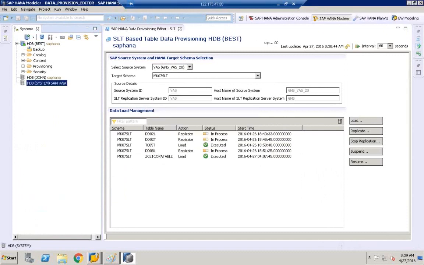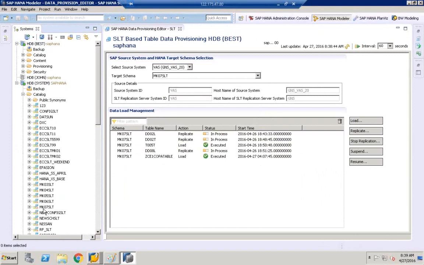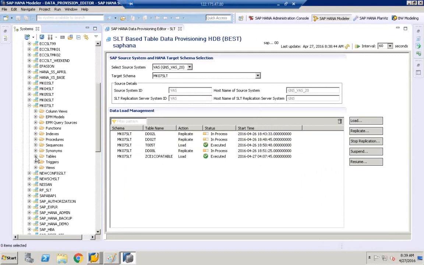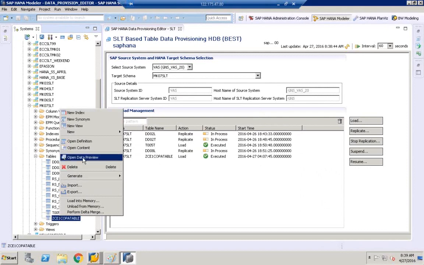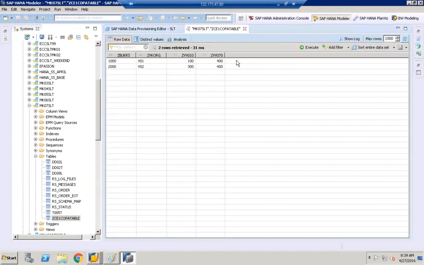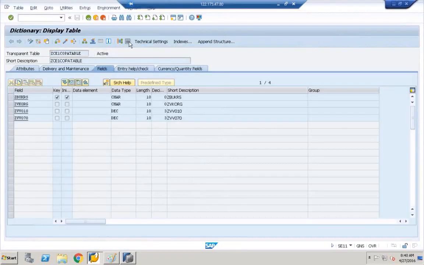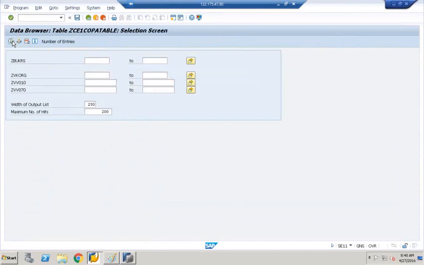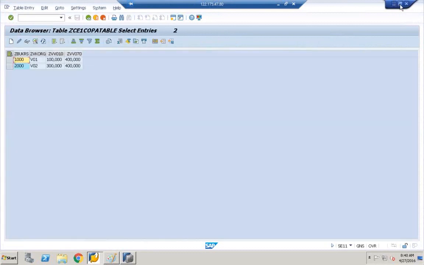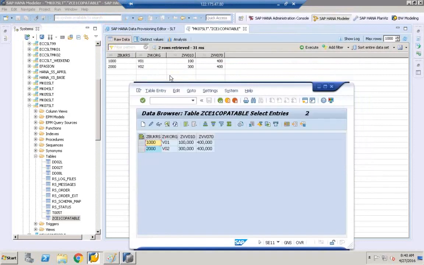Meanwhile, I'll log into the system. I'll go to the same schema. I'll expand the tables. Right click on the table, open data preview. So this is the data on the ECC system, and this data we have in HANA. Okay. So what we are going to do now,